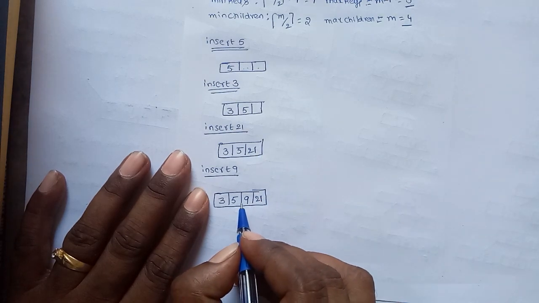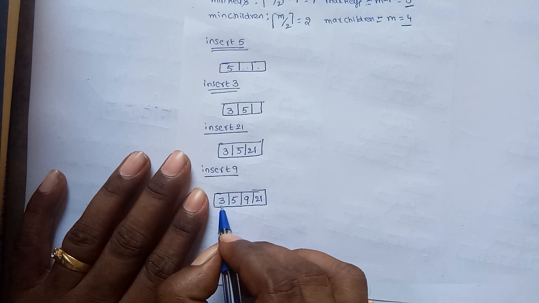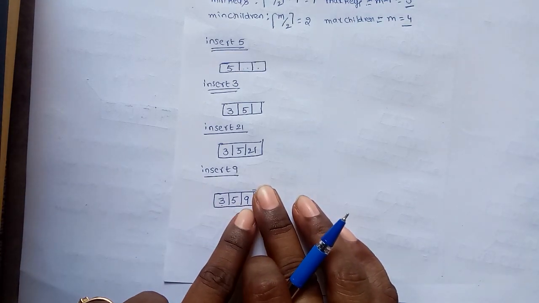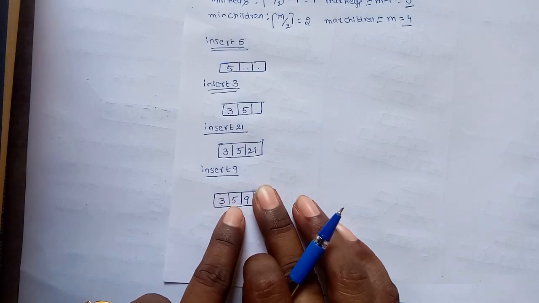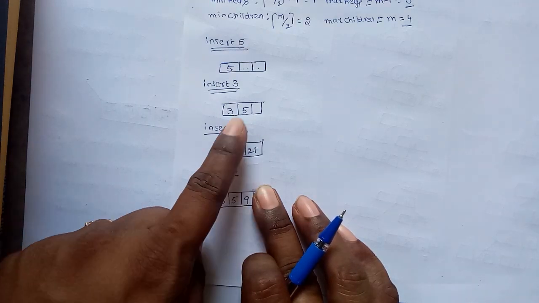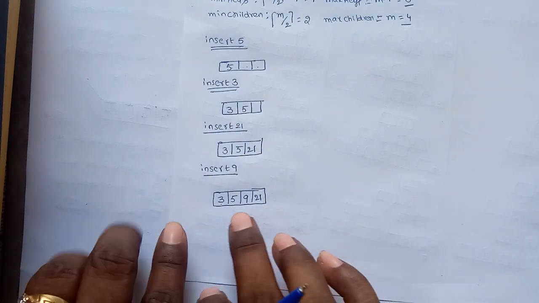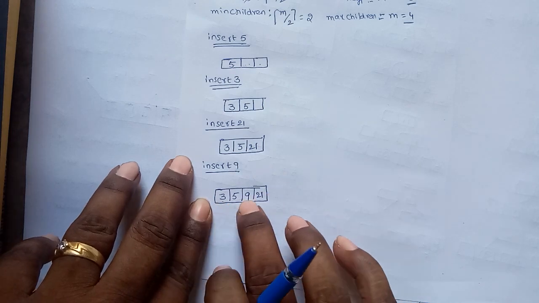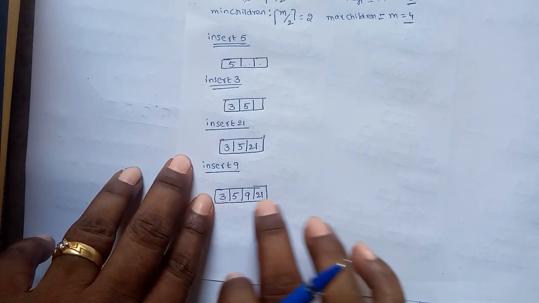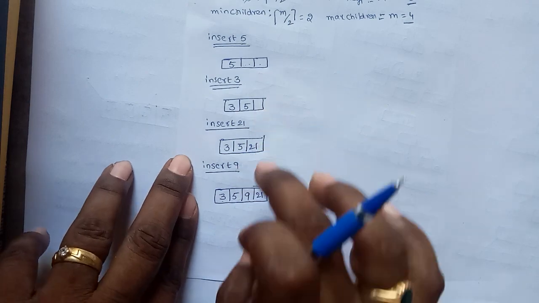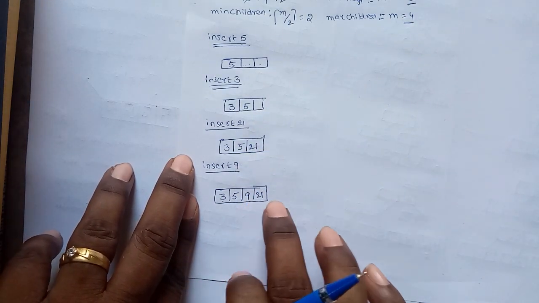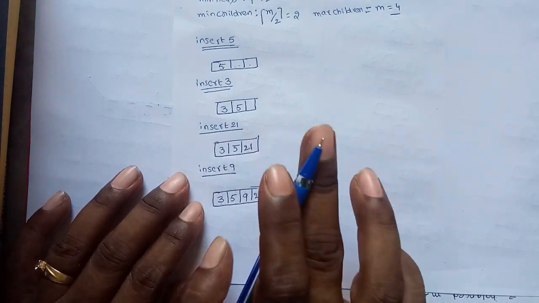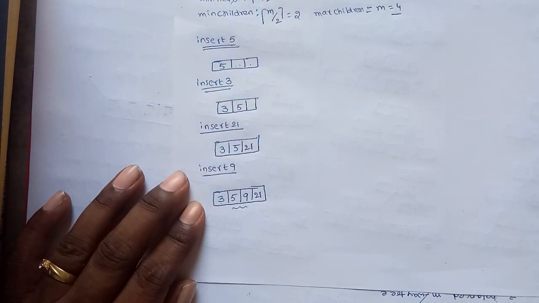Suppose if you are using order 3 in the previous example, order 3 means the maximum 2 keys are allowed. If you are placing the third key, it violates the property. With 3 elements, the middle term is moved to the root. Suppose order 5 means the maximum 4 keys are allowed. After inserting the 5th element, that is 5 keys, the middle element moves to the root. The left subtree contains 2 elements, the right subtree contains the last 2 elements. But for even order, here order is 4, which element is moved to the root?